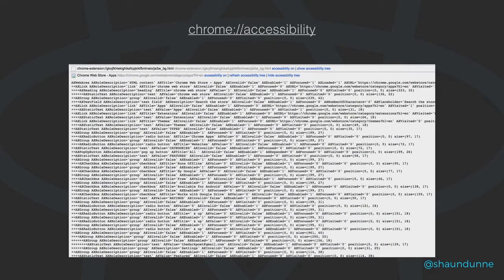I've spoken a bit about the accessibility tree, which is different from the rendered DOM tree. This is what it looks like in Chrome. You can use chrome://accessibility, and yes, it looks crazy at the moment, and I wouldn't recommend diving into this straight away. But once you want to start programmatically changing accessibility things, you might want to look at this. And it's cool that it's in the tools.